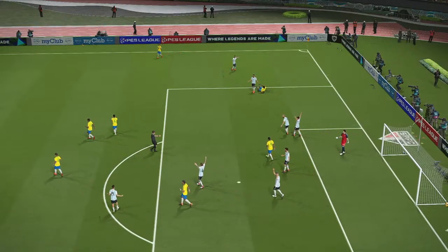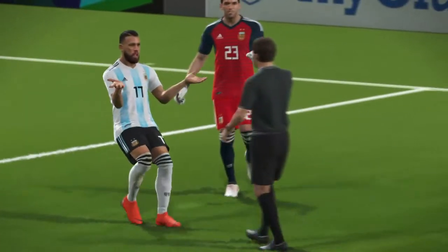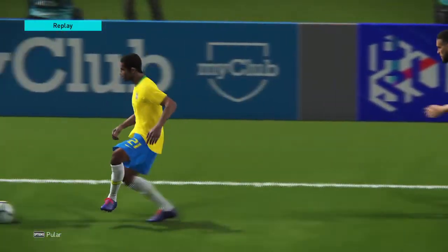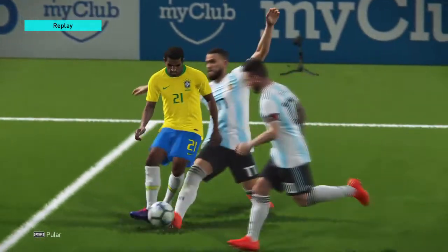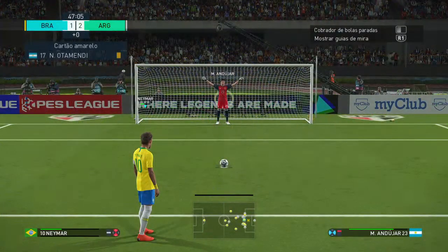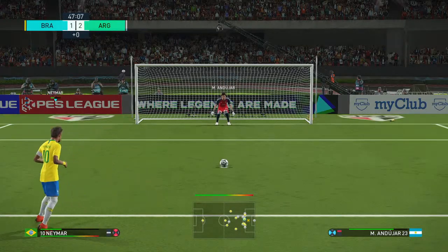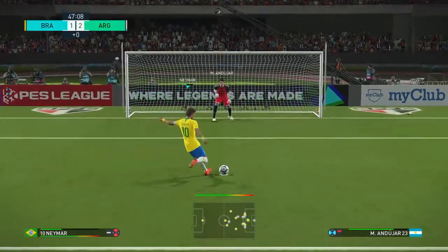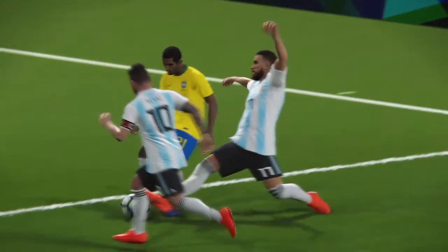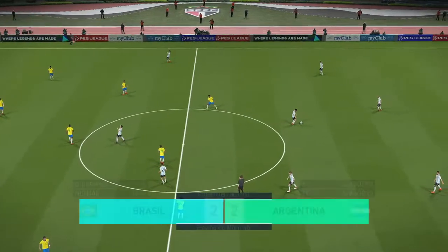It's a mistimed tackle, and it is a penalty. And that is a huge moment in the context of the game. And the referee has shown him a yellow card. This to level it up. And he scores! Back in business! That's as calm as you like. Well, that was a big...